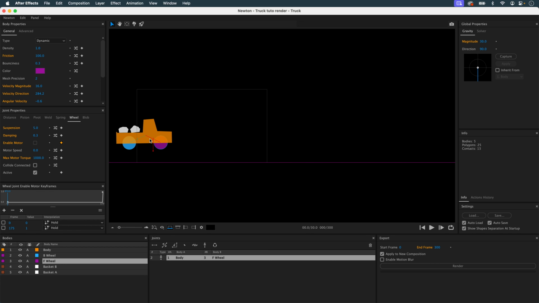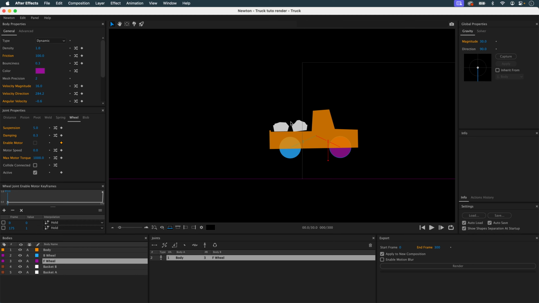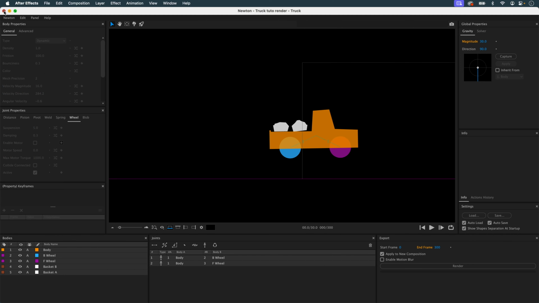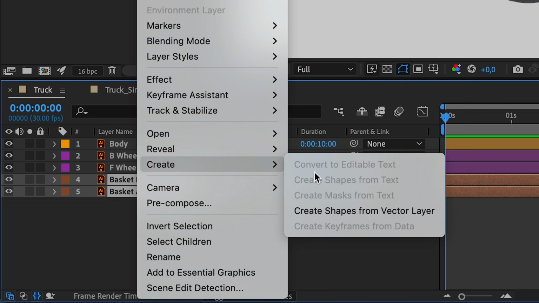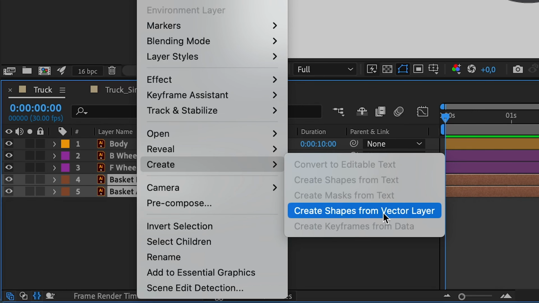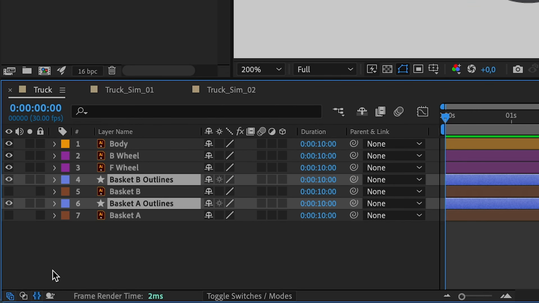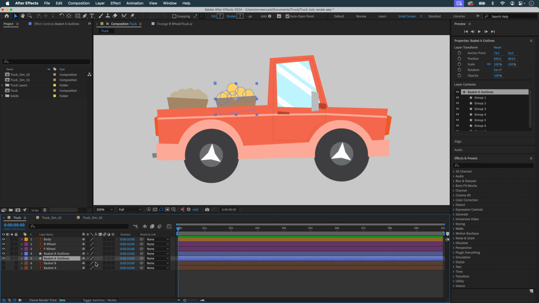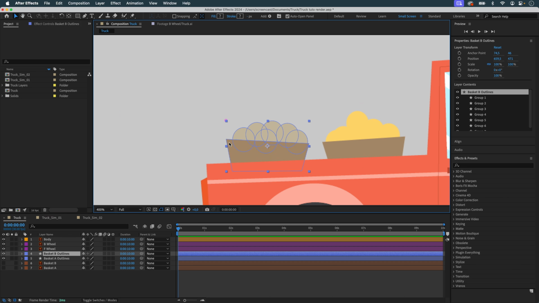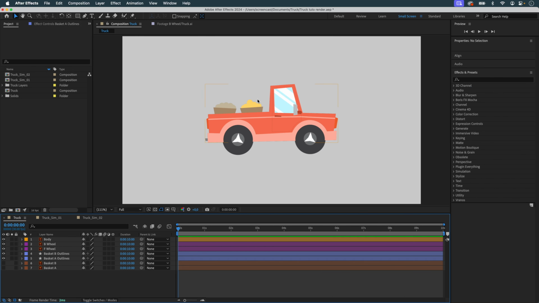What I'd like to do now is animate these baskets. To do that, we'll close Newton. I'll take my baskets here, create shape from vector layers. And now I still have my baskets, they're in shape layers. And you can see that they're baskets. And then inside there are ellipses that simulate merchandise. So when my baskets fall, they'd have to spill out onto the floor. So how do I do it?